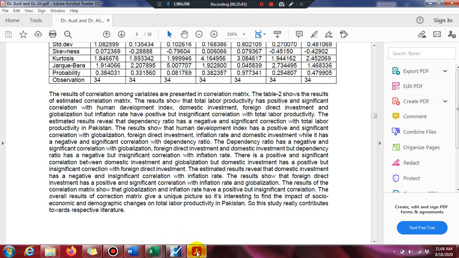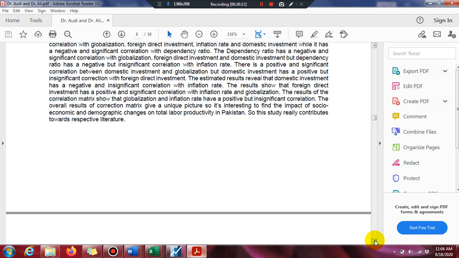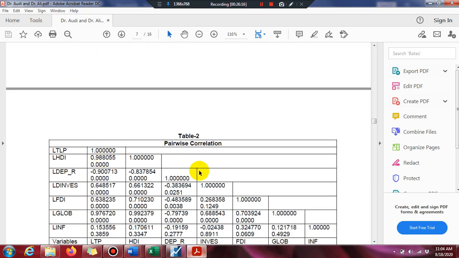I told you that in a research paper we have to be concise and short, because we have a word limit for the interpretation. But when we are doing an assignment from a classwork or a thesis, then we have to give the interpretation of each variable, or each box, in detail.